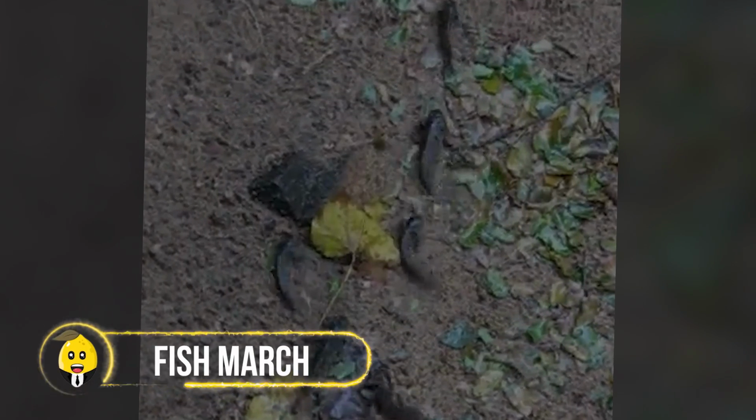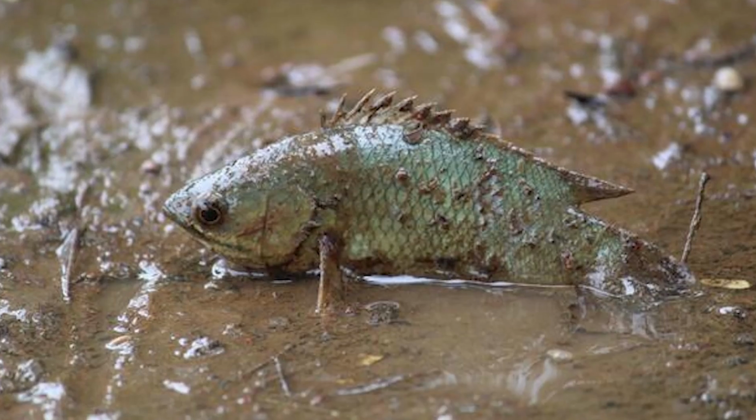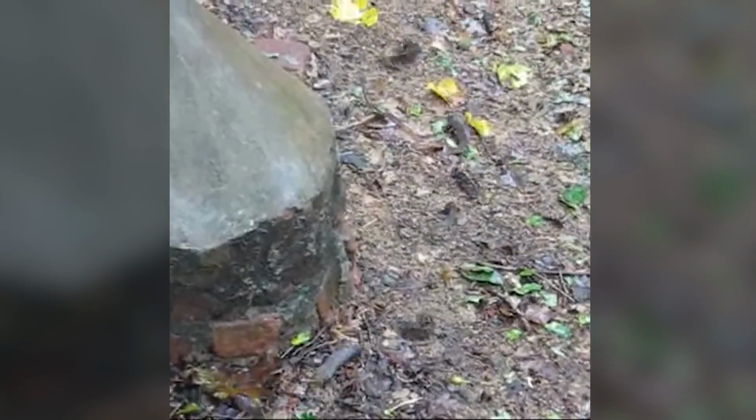Fish march. Creeping through the dry land, these fish shocked onlookers as it was the first time they were witnessing such behavior. But what seemed extraordinary to them is quite common in the fish world, as these fish are known to survive long without water. Meet the climbing gourami, a species famous for its aggressive behavior, and another shocking characteristic, which is